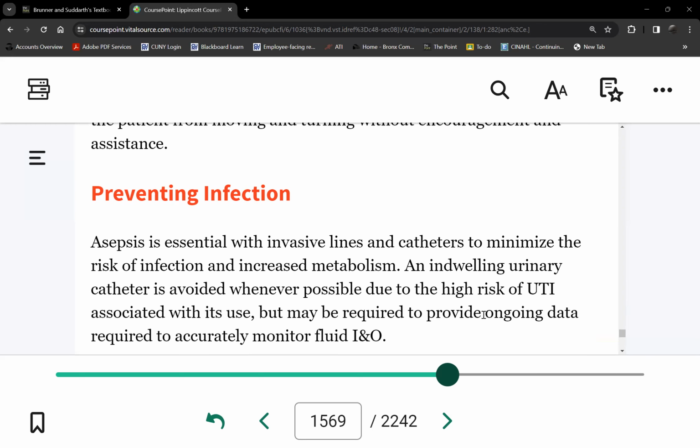Where should you put the bag? Below the bladder. What do you do with the perineal area? You wash it with soap and water. And do you also use the chlorhexidine wipes? Yes. So you keep it clean when they're incontinent, because these are again sick people. They won't be able to get out of bed, so they'll have a bowel movement right there in bed, and it's all soiled with feces. That means you have to really wash the catheter insertion site. Very important.